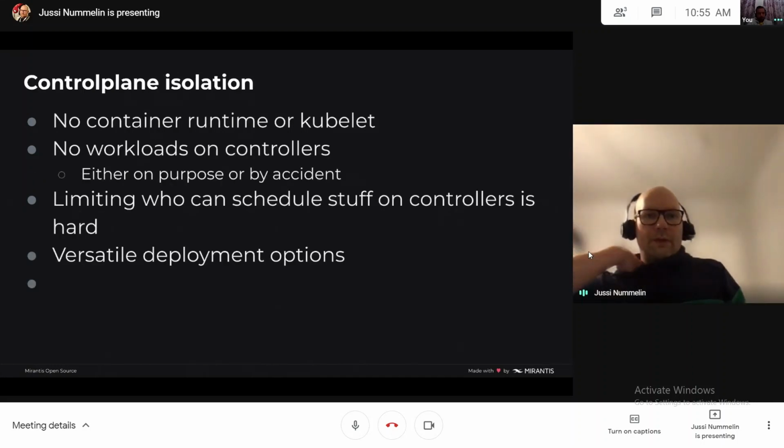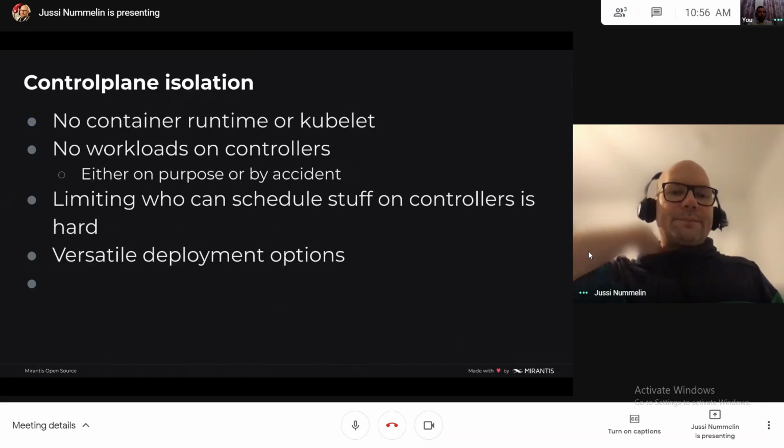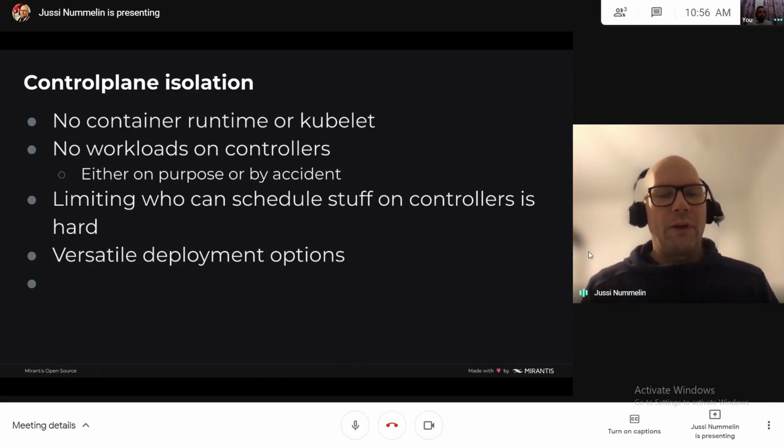On the control plane, there's no container runtime, there's no kubelet, there's no containers running by default. So what it really means is that you as a Kubernetes user don't really have any way to schedule your workloads onto the controller nodes, whether on purpose or by accident.